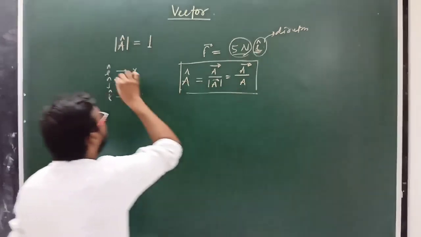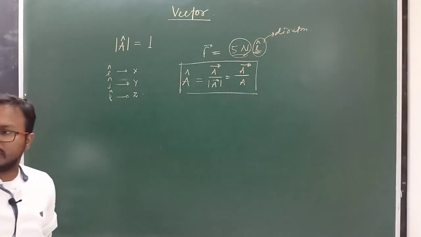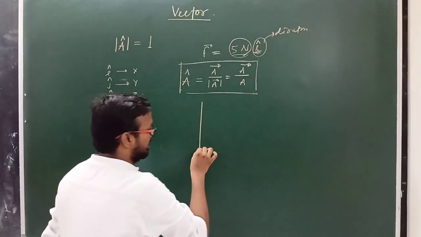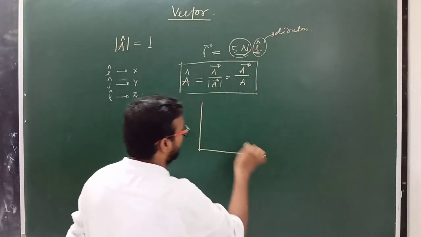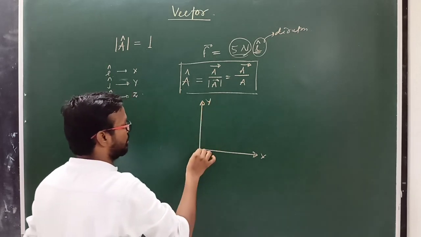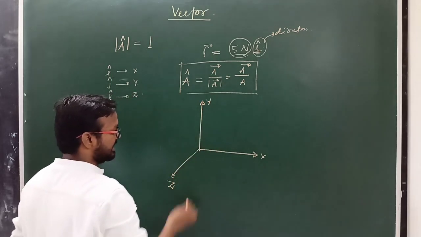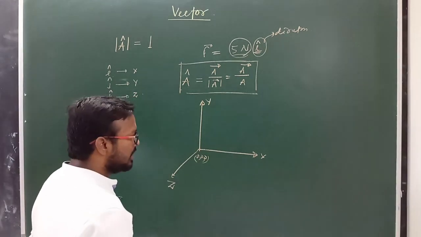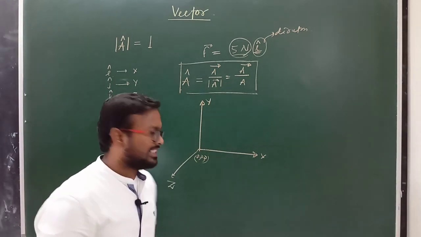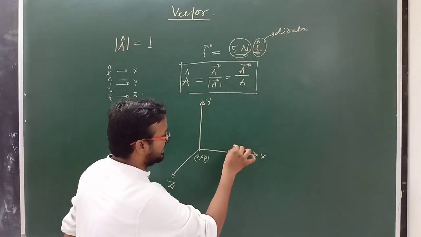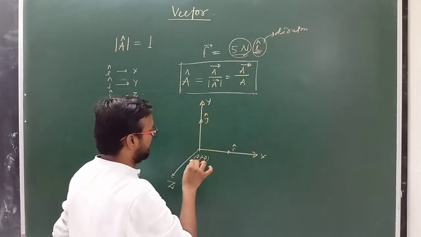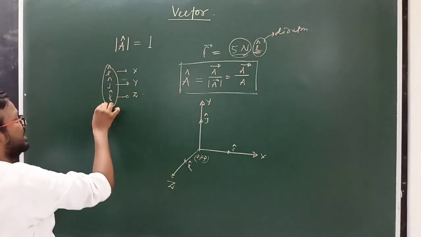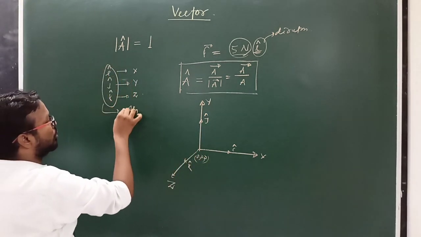And i cap, j cap, k cap are also known as orthogonal unit vectors. What does it mean? Here in 3 dimensions, the x axis, the second one the y axis, and the third one the z axis. This is the origin 0, 0, 0. Clear? To represent the direction of the x axis we use i cap, here j cap, and this is k cap. So i cap, j cap, k cap are also known as orthogonal